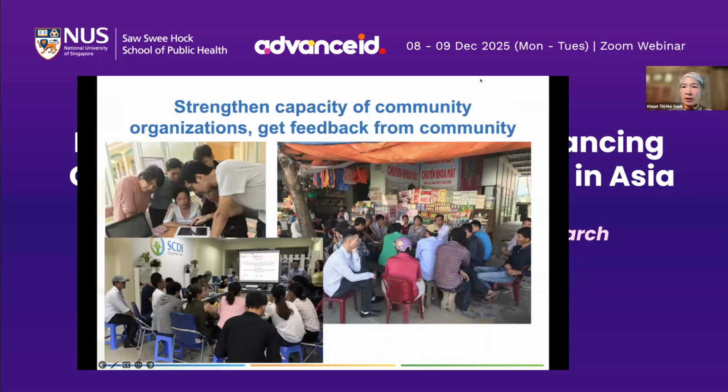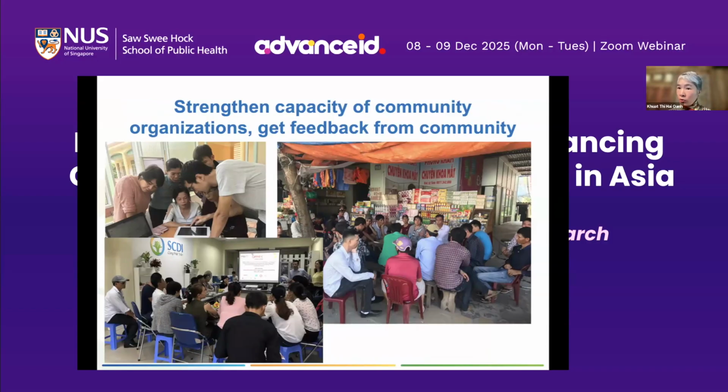So there's a lot of capacity building to be done, particularly for all of us as well, but also for community organizations. And capacity building here is not only about knowledge, but also about their organizational capacity. I heard the question before about who funds this. The research needs to fund this. So it has to be a part of the research fund.